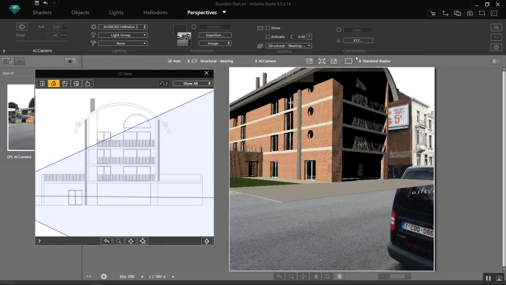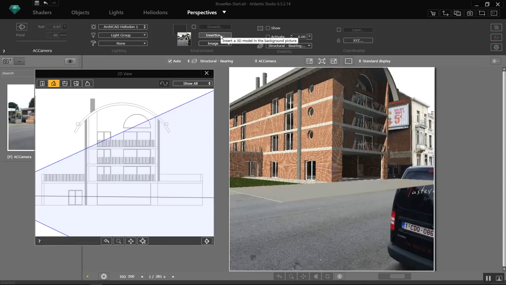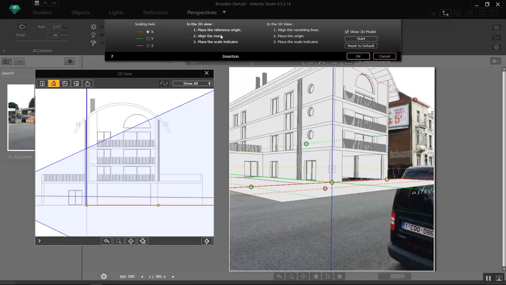If I believe that the insertion wasn't properly done because of faulty orientation of some edges of the building not matching with the environment, I can open the insertion dialog again and make changes. What might the reason be for the incorrect orientation? Maybe I didn't match the perspective lines well, or used a direction that is not entirely parallel with my building. When using the Artlantis site insertion tool, we need to rely on our eyes too, being the most accurate control of the final insertion. After the insertion is finished, we can continue to add more details to the scene thanks